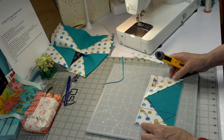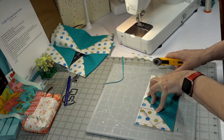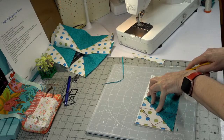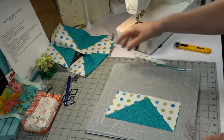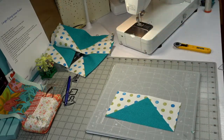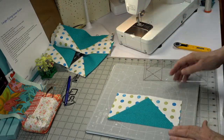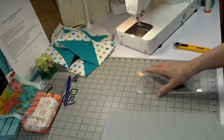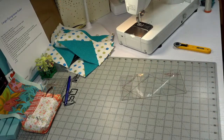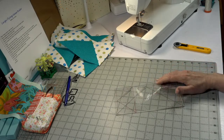I bumped it. So there's our flying geese, and you go ahead and cut the other ones. I just wanted to do two where you split them apart. Okay? So that's the big size. Now we're going to do this little size. So let me...